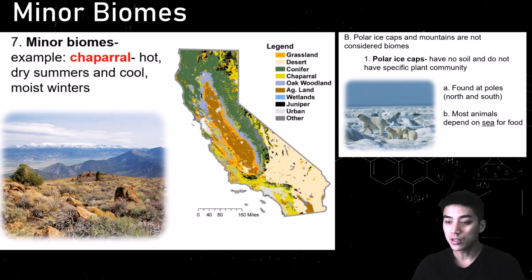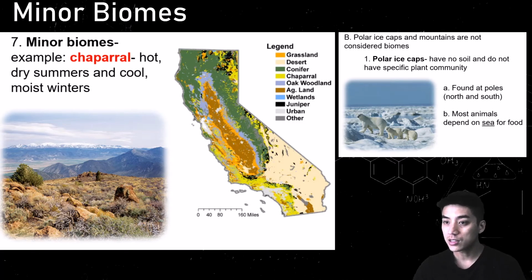And I just want to throw in this last detail here about minor biomes, things like chaparrals, and this is characteristic of California and how we're known for our wacky weather. So we have hot, dry summers in areas with desert climates, and then we also have cool, moist winters near the coastal regions and also like places like Yosemite. So California has a very diverse climate because of how the geography is laid out. We have coastal areas as well as inland areas which are drier.